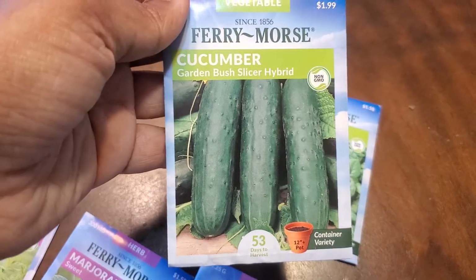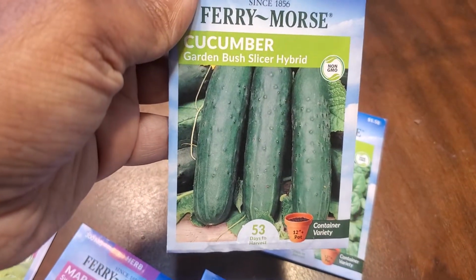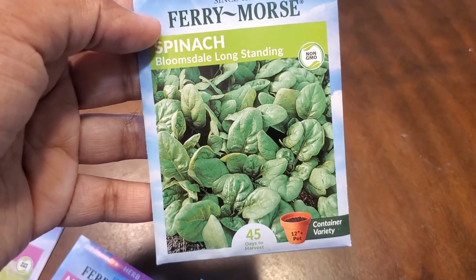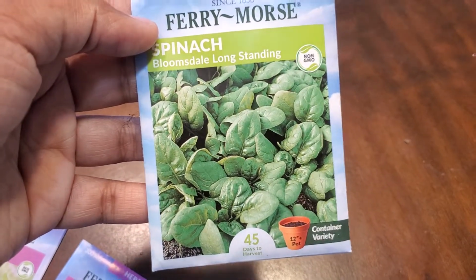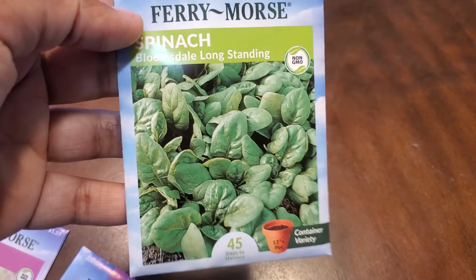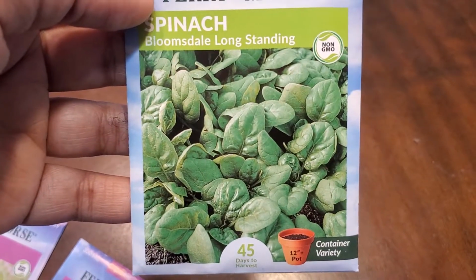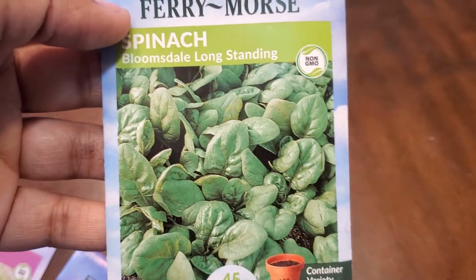Have some here that are my cucumbers, this Bush Slicer hybrid. Some more spinach. I think I already had some Bloomsdale Longstanding, but when I was clicking through and I ordered these online, I couldn't tell sometimes what the variety was. And like I said, I was just trying to get some things in my cart and check out